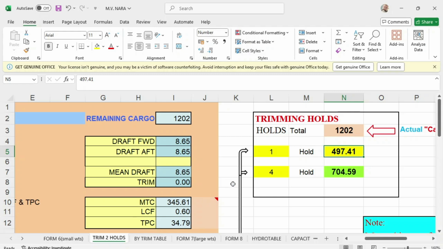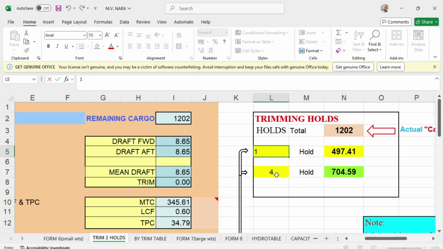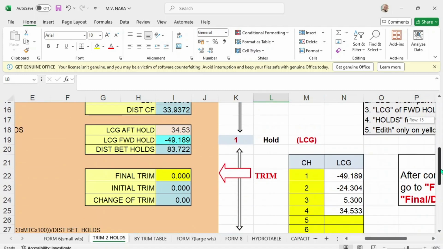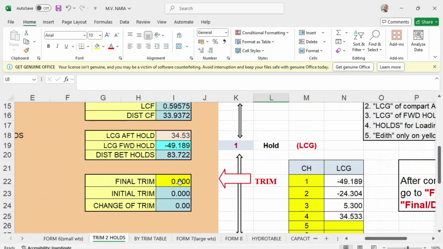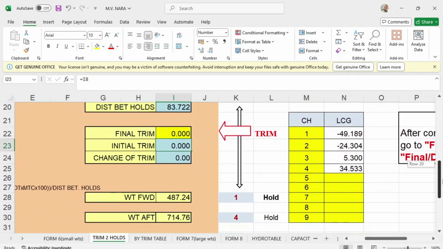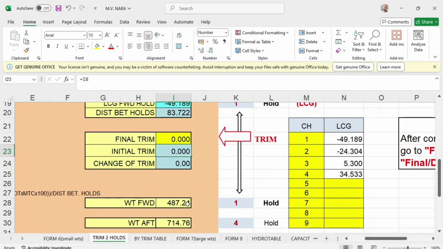Okay, now let's say your trimming holds are 1 and 4. So you put here 1 and you put here 4, and say your trim is 0. How much are you going to load in hold number 1?